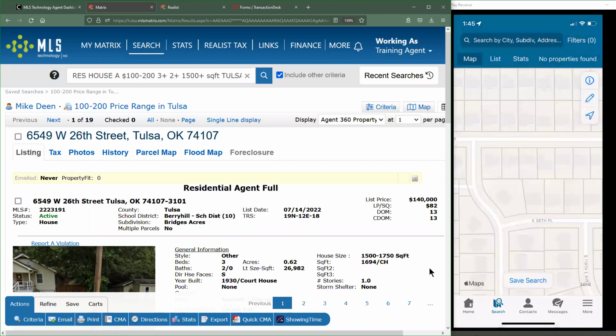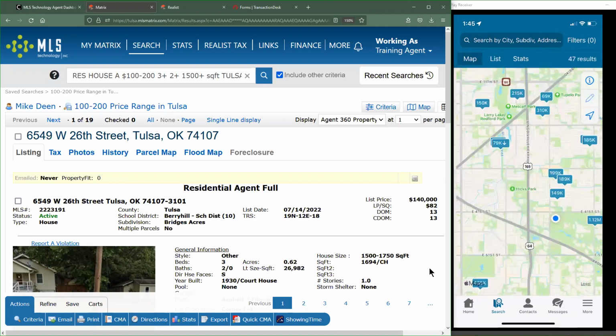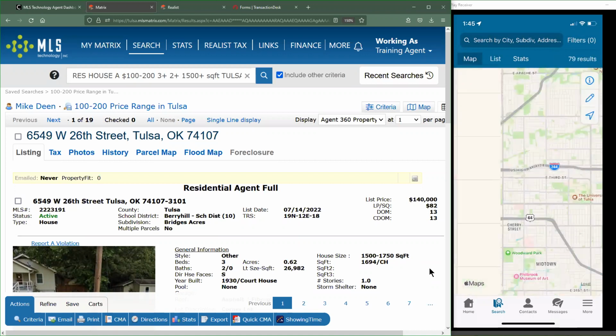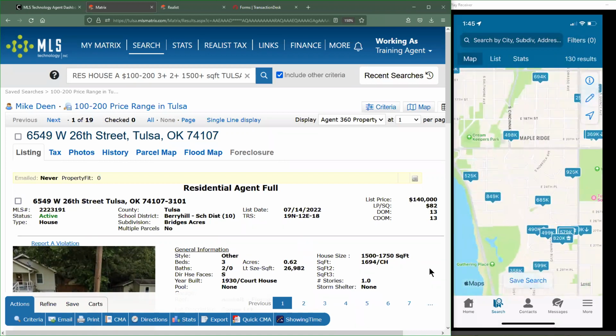Additionally, if we wanted to use the map search to actually construct a real search, I'm going to zoom out real quick. Let's go over here to my favorite part of Tulsa and take a look around. All right, so I've got some results that are already popping up because I did not clarify any details.